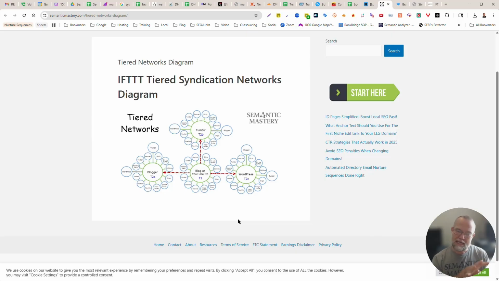And because that post would contain that internal link to the top level product or service page that we were trying to promote, when that post would republish and syndicate out through all these different properties, it would always contain a link back to that post. Do you see what I'm saying? So we would automatically create a whole bunch of backlinks to every post that we would publish, but the post would have an internal link to the top level product or service page that we were ultimately trying to push.